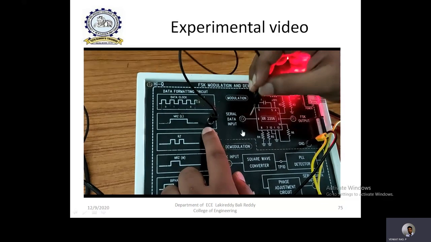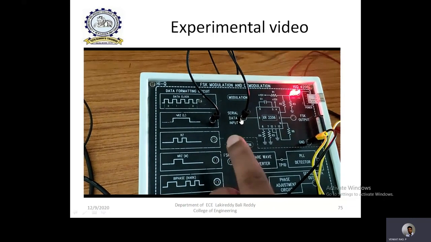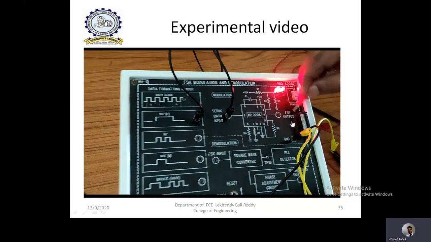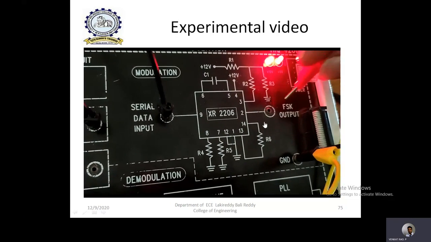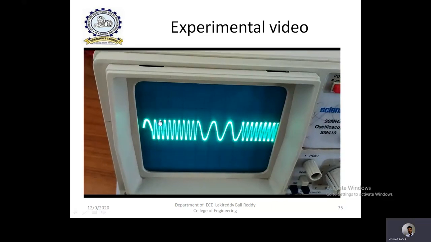Now I am going to observe what is the FSK output. So connecting the input, and now I am observing the FSK output. Now let us clearly observe the frequency variations in the CRO. So this is high frequency carrier and this is low frequency carrier, again high frequency carrier, and so on. So that means it is generating high frequency carrier as F1 during binary 1 period, and it is generating low frequency carrier as F2 during binary 0 period. And it keeps on repeating.